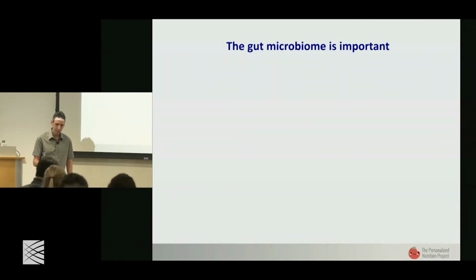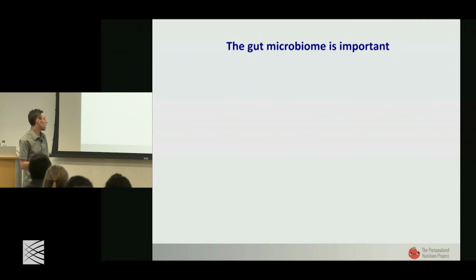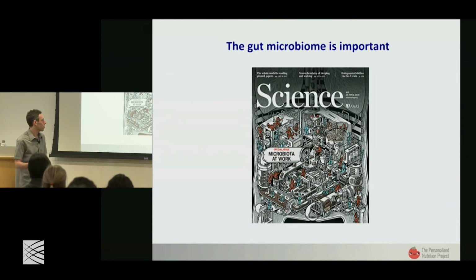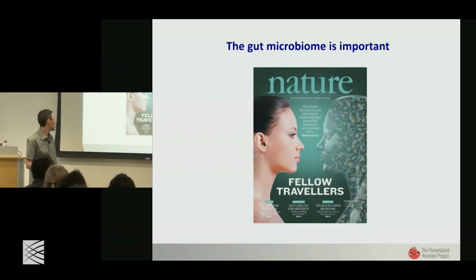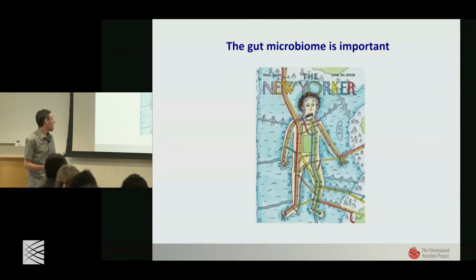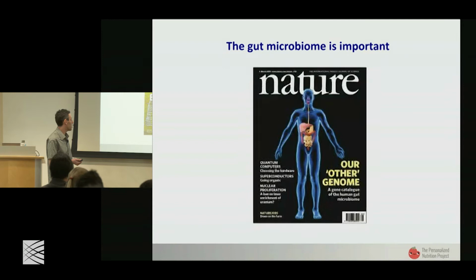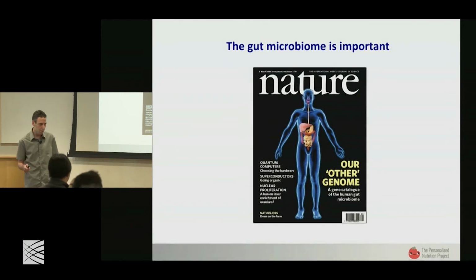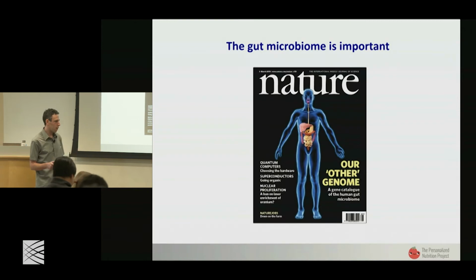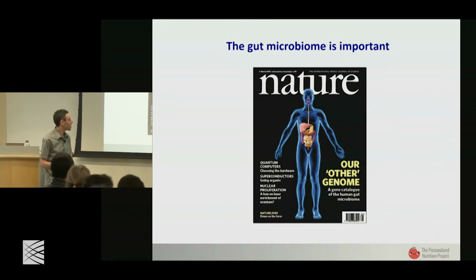And how can we know that? By the number of covers on which the gut microbiome featured. So it featured on Science and Nature, and magazines like New Yorker, The Economist, Scientific American, and Nature again. And it has been called our other genome. And to make this claim that the gut microbiome is important more scientific,